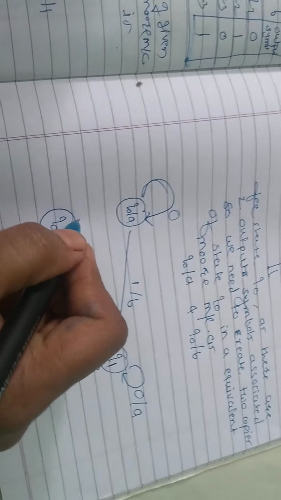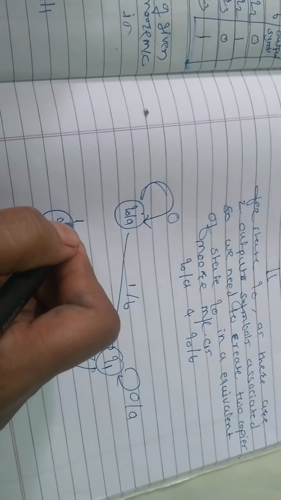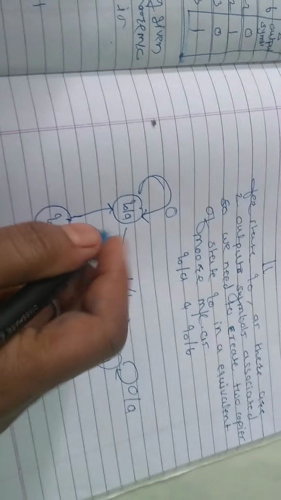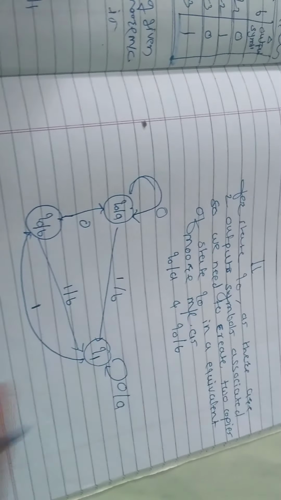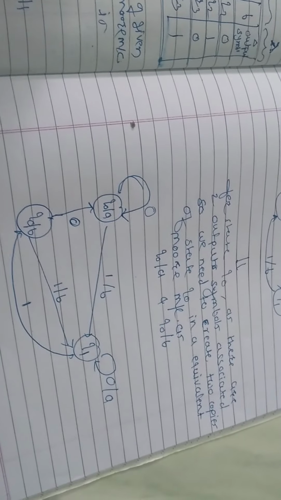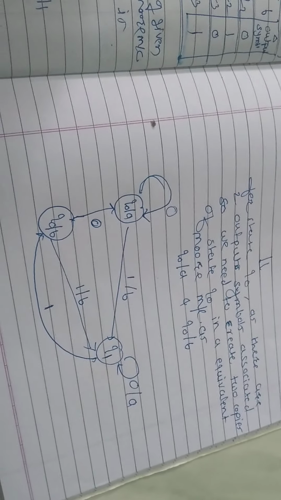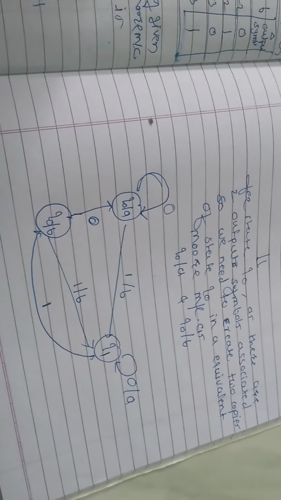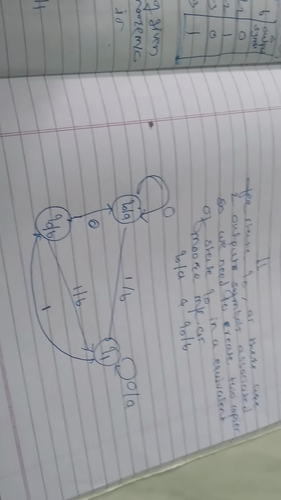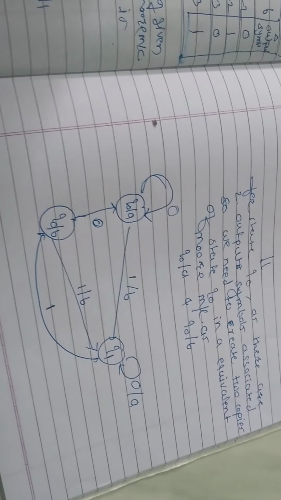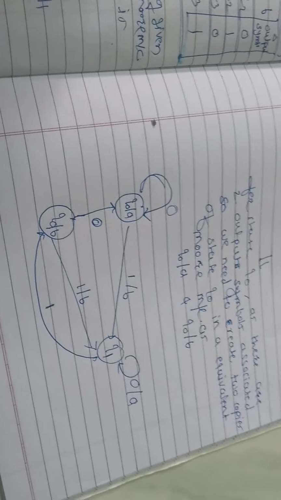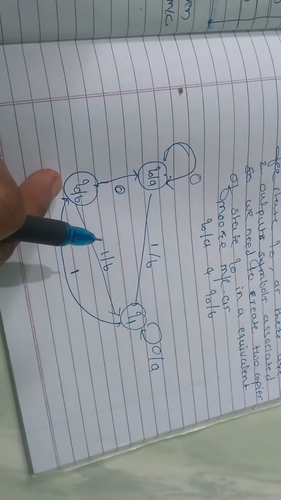label will be 0. यहाँ से भी हमें draw करना है from another copy of Q0 and it will go to that copy of Q0 whose output is A. This way we converted the self loop. Whatever number of copies the source has, from all those copies we need to show the outgoing transitions, and it will go to that state whose output is associated with the given output symbol. Then next, this way we process the Q0 state.